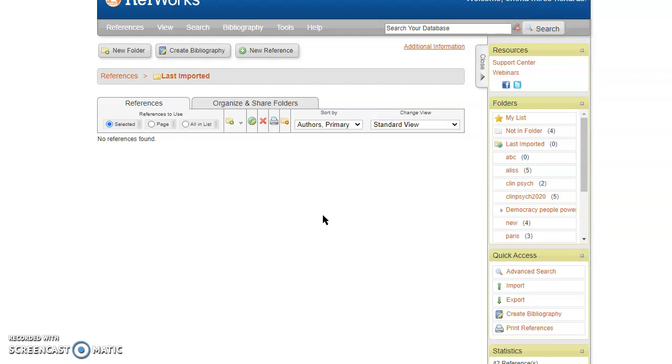So it's just a really handy way to do that, and to get all of those references there. And as I've said, within library search, we don't have a direct way to export the books, so this would be the best way to do it. For the journal articles, you can't export them directly